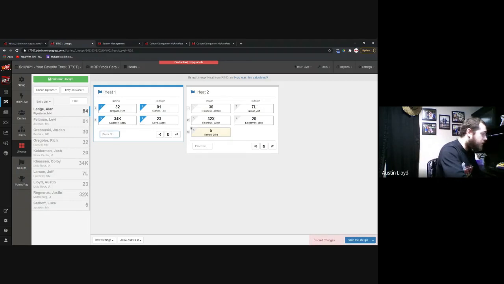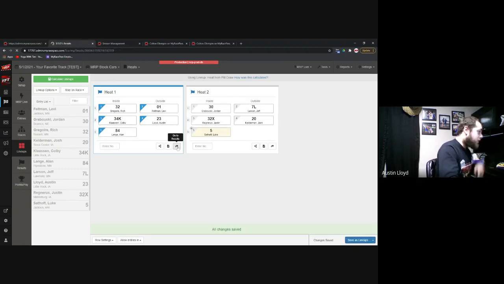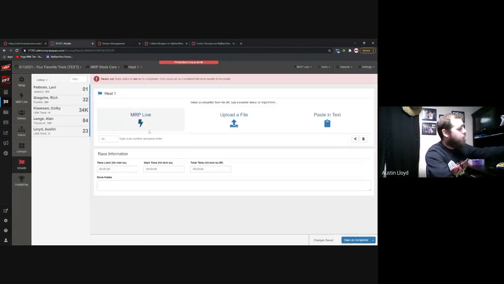You can also enter his number in this box. And then you can also click and drag to change the lineup order in this box as well. We're going to save those. We'll go to results. You'll get a lot more information about MRP Live, this button, and the Upload a File